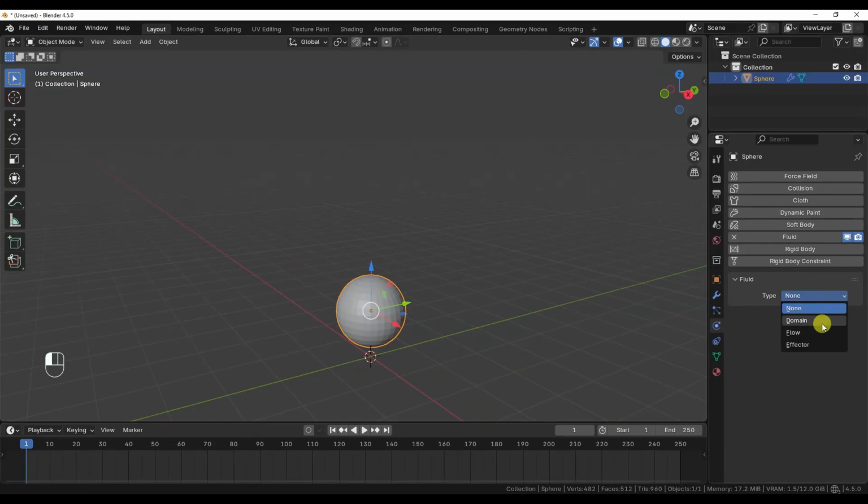The tooltips of the various element types already give us some hints about their functions. In particular, we can see that the flow type is used to add or remove elements from the scene. Since we created the first object to make it an emitter of fire and smoke, we'll choose this type.